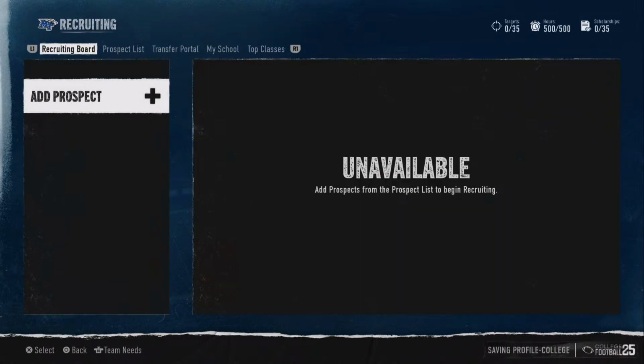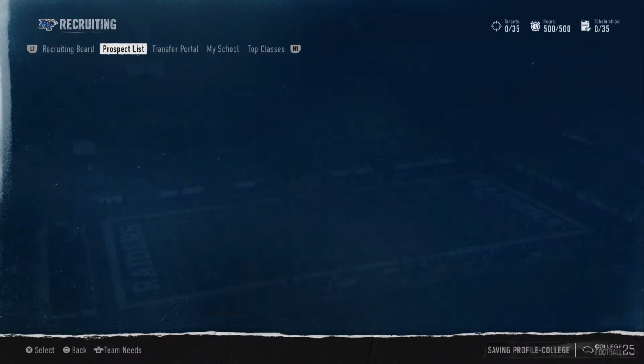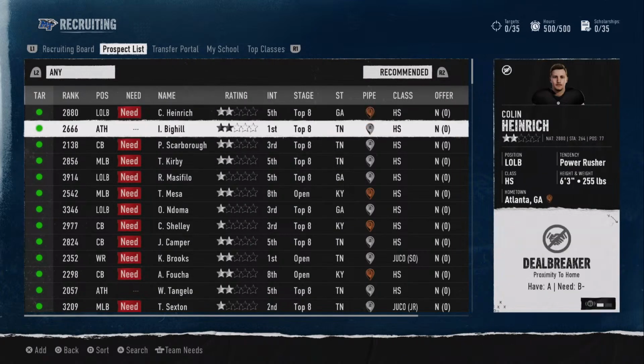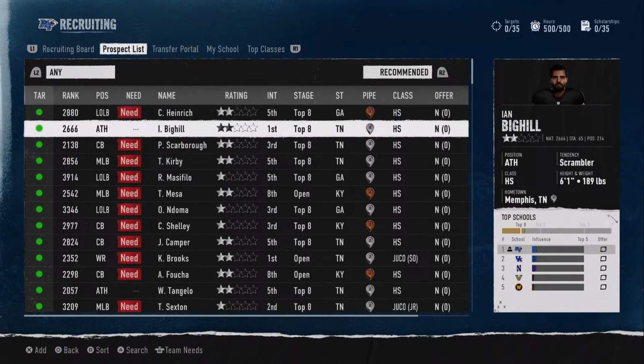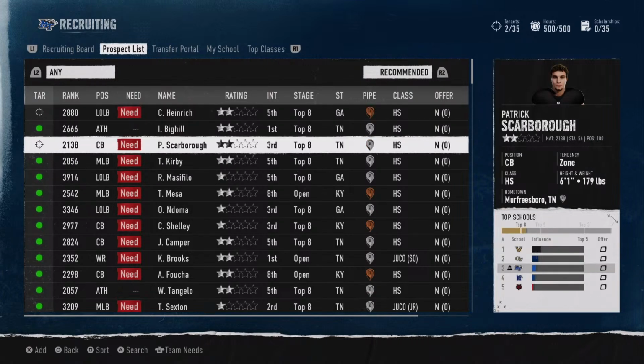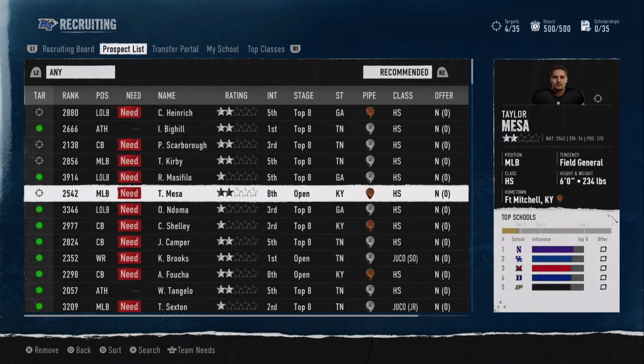Welcome to the all-new recruiting system in EA Sports College Football 25. Our new recruiting system follows a three-stage recruiting process. Stage 1, add a player to your recruiting board. Once they are there, you can select actions to gain intel on what they value when it comes to